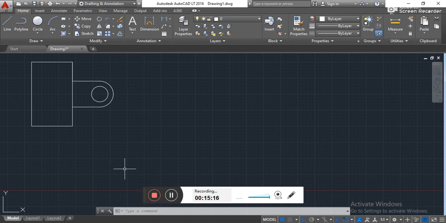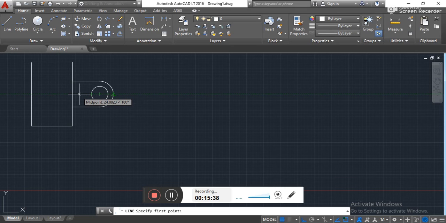Now you all know, when you are drawing a circle or a circular object, you are supposed to draw a center line for that. So for drawing a center line, you are supposed to draw a line which is passing through its center.